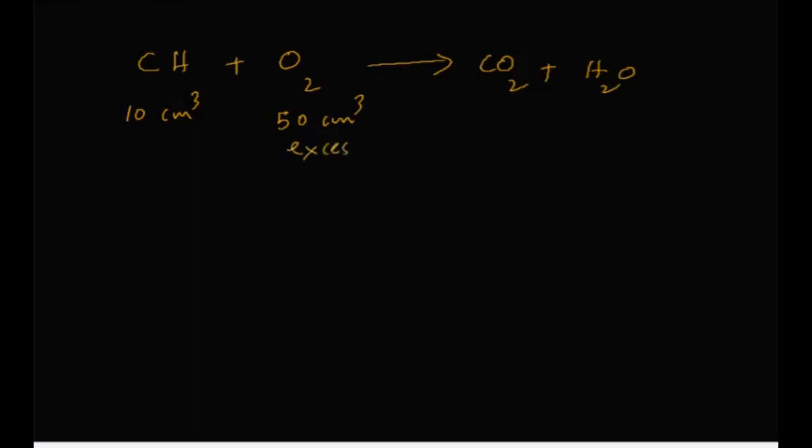Now, there is another thing: if you have the volumes of the gases, I mean, if you have a hydrocarbon and it is burned in oxygen to get carbon dioxide and water. Now, let's say we have 10 cm³ of hydrocarbon and 50 cm³ of oxygen, which was in excess. So by reacting 10 cm³ of hydrocarbon and 50 cm³ of oxygen in excess,